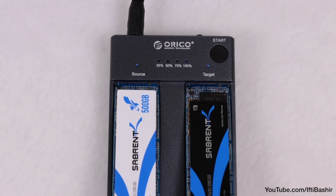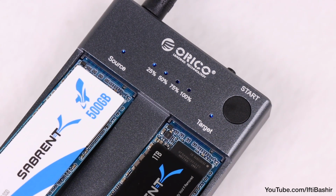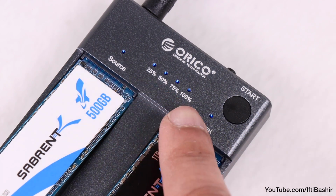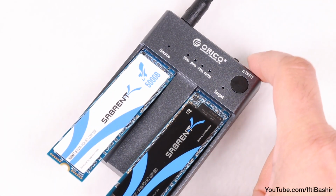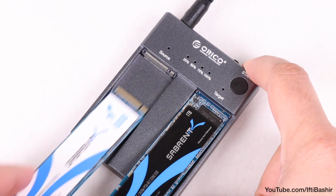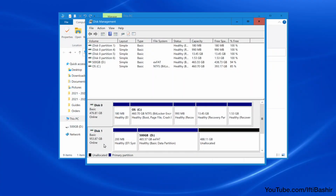So in this example, I'm copying the 25GB of data from the 500GB drive across to the 1TB target drive. LED status indicators flash to provide some feedback as to progress, although this can take a while depending upon the amount of data and the size of the drives of course, so sit back and let it do its thing. Once complete, all lights will remain lit to indicate copying is complete, so in this case we'll switch the unit off and remove the source 500GB drive,